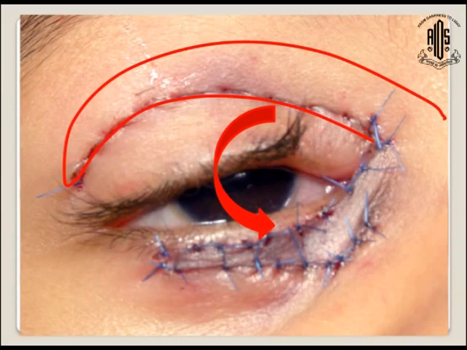This is how it would look post-operatively once you have transposed the flap down and have sutured it. So you have created a flap like this, transposed it to the lower eyelid and sutured it. This flap with itself carries the blood vessels and hence is considered a little superior to skin grafting.